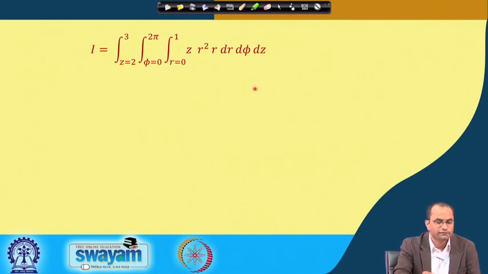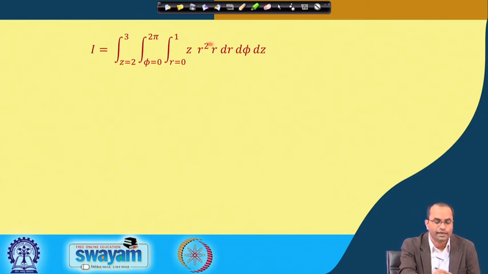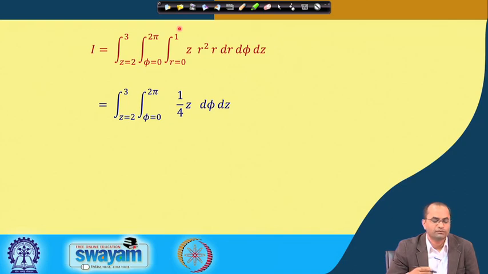So, this is the integral we want to evaluate. First we will go with the evaluation of the integral with respect to r. So, here we have r cube dr, and r goes from 0 to 1. So, this r cube when we integrate will be r to the 4 divided by 4, and when we put the limits 0 and 1, we will get nothing but 1 by 4, and the z remains as it is, and we have 2 more